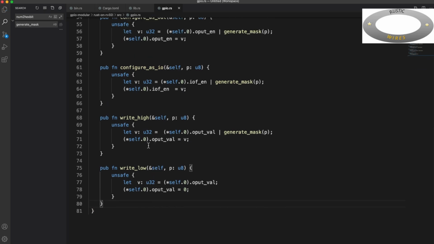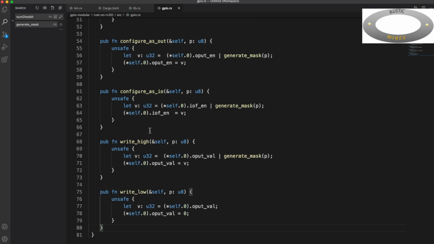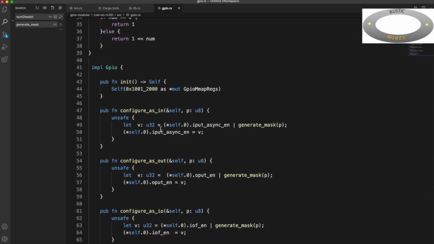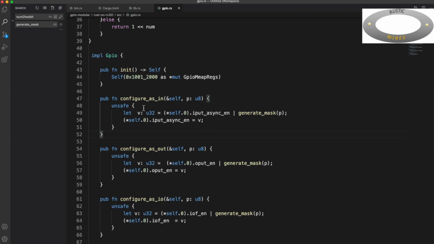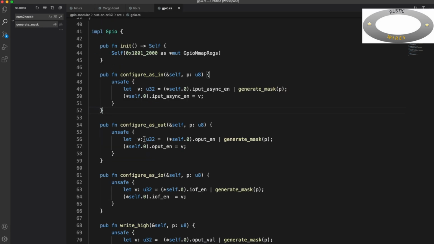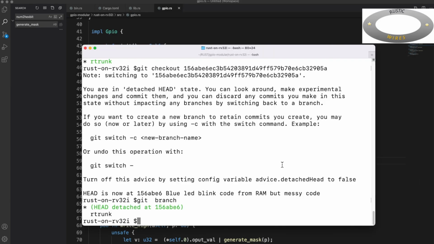So though we have removed the pointer typecast of a raw pointer, or we had a variable t as a raw pointer, though we have removed that, still this unsafe is needed because the compiler knows that this self is a raw pointer, so whenever you dereference, still you need this unsafe block. Okay, so now if we compile,